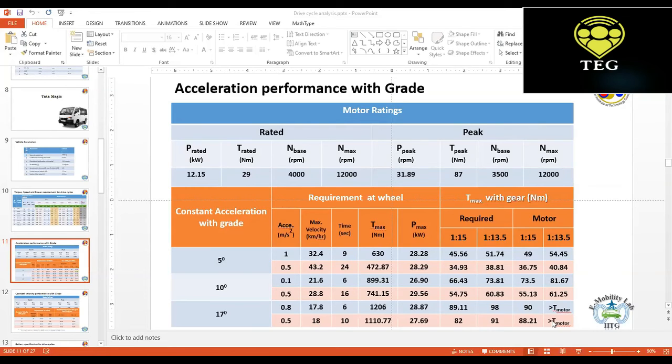Okay, so now as a driver, I should also be more judicious and more careful, that I should not demand a very high acceleration on a steep grade like 17 degrees. If I demand a very high acceleration, then of course I will have to put in a bigger motor into the vehicle. And if I put a bigger motor into the vehicle with more capability, then eventually we have to make the machine expensive. A bigger motor would definitely be more expensive, and then there would be problems of space constraint and so on and so forth.